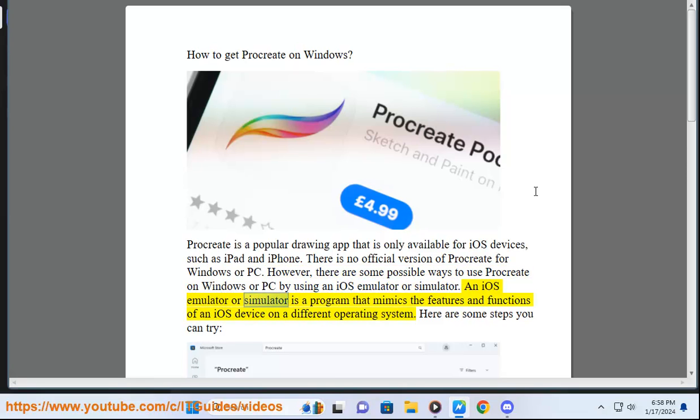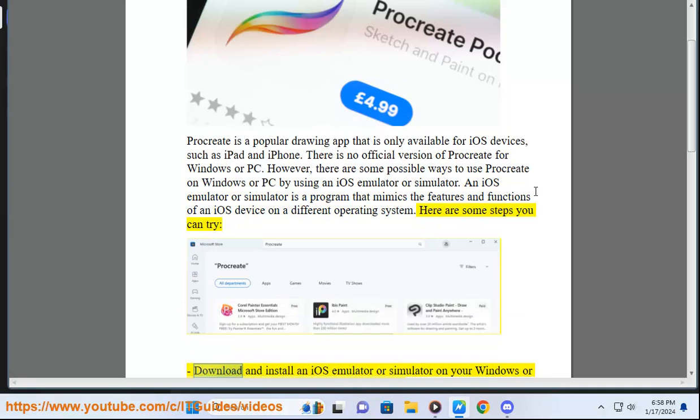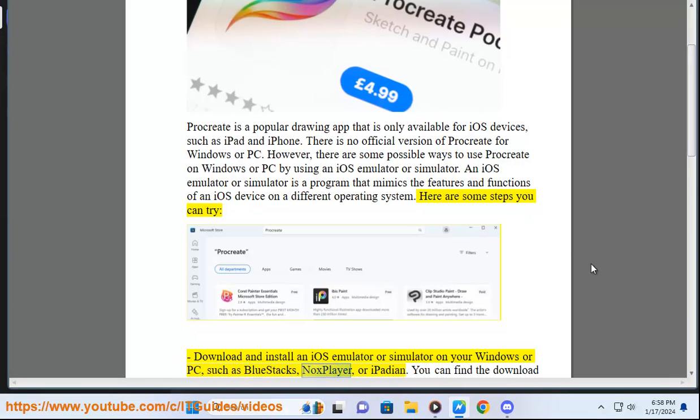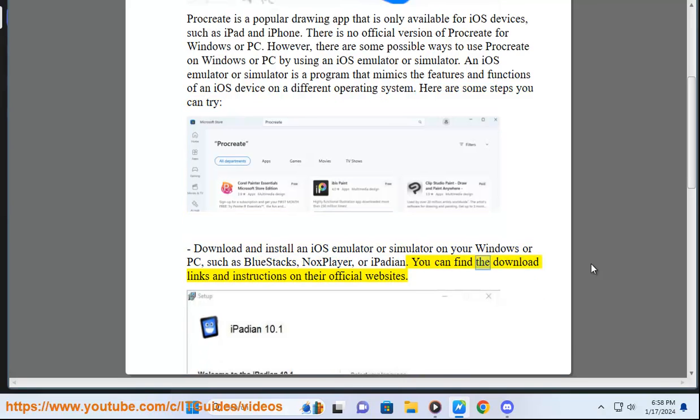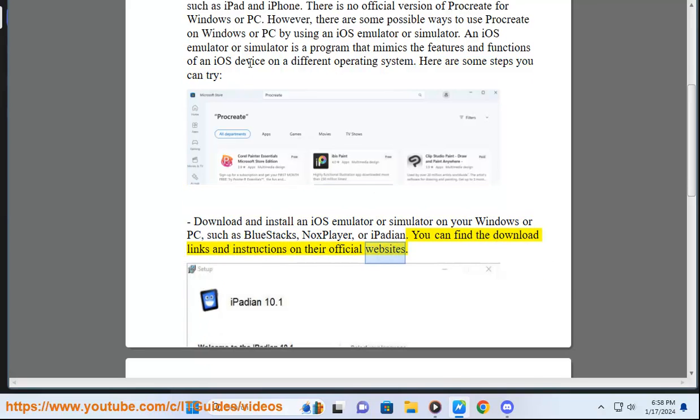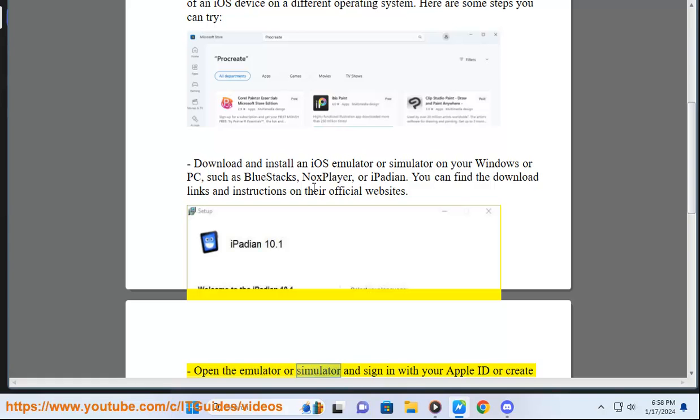An iOS emulator or simulator is a program that mimics the features and functions of an iOS device on a different operating system. Here are some steps you can try: download and install an iOS emulator or simulator on your Windows or PC, such as BlueStacks, Nox Player, or iPadian. You can find the download links and instructions on their official websites. Open the emulator or